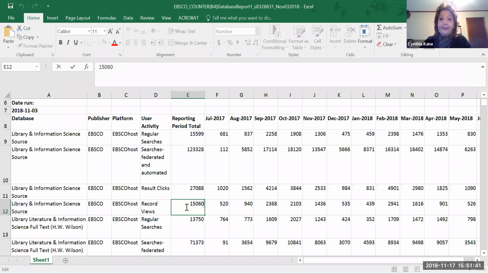So these are great numbers. These are wonderful numbers. These are the numbers that my dean wants to see, because I can show those to her and I can say, it looks like these databases are actually being utilized. Again, it's one metric. It's not the only one, but it does help a little bit. So I'm going to go back over here, and let's go back to where we were